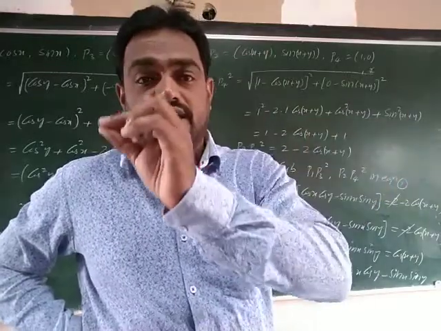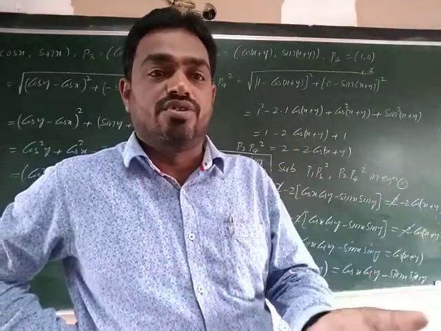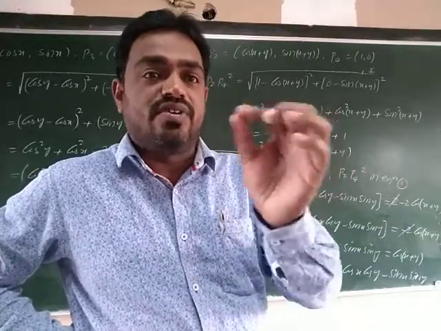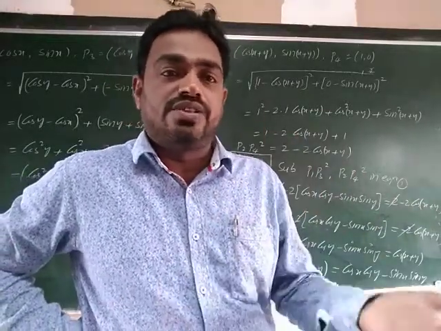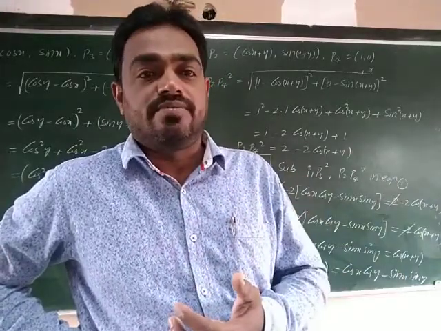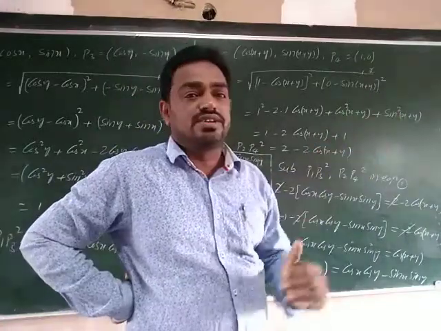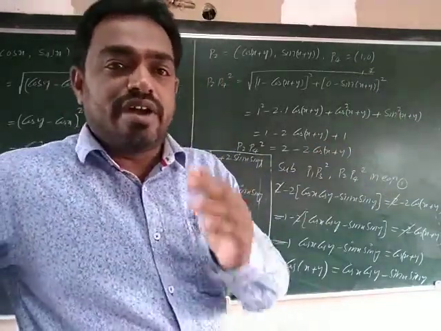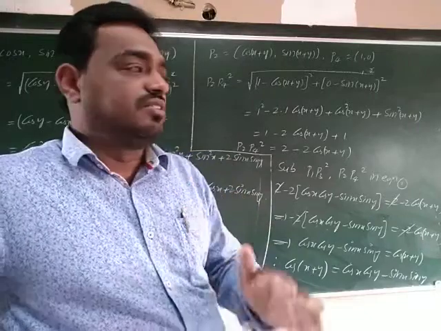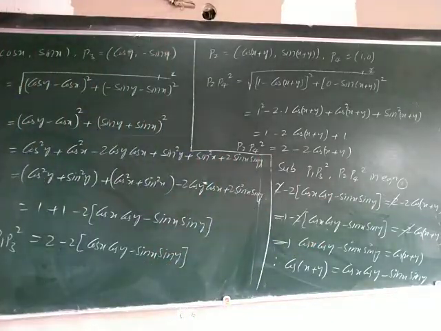Hence prove that, they are giving some questions. For example, cos of x minus y equal to cos x, find cos of x minus y, sin of x plus y, sin of x minus y, like that some questions they are asking. So the related question is a 5 marks question, and the sub question is 1 mark. How we solve the 1 mark question, we will see later. First see this one, and we will see the sub questions now.